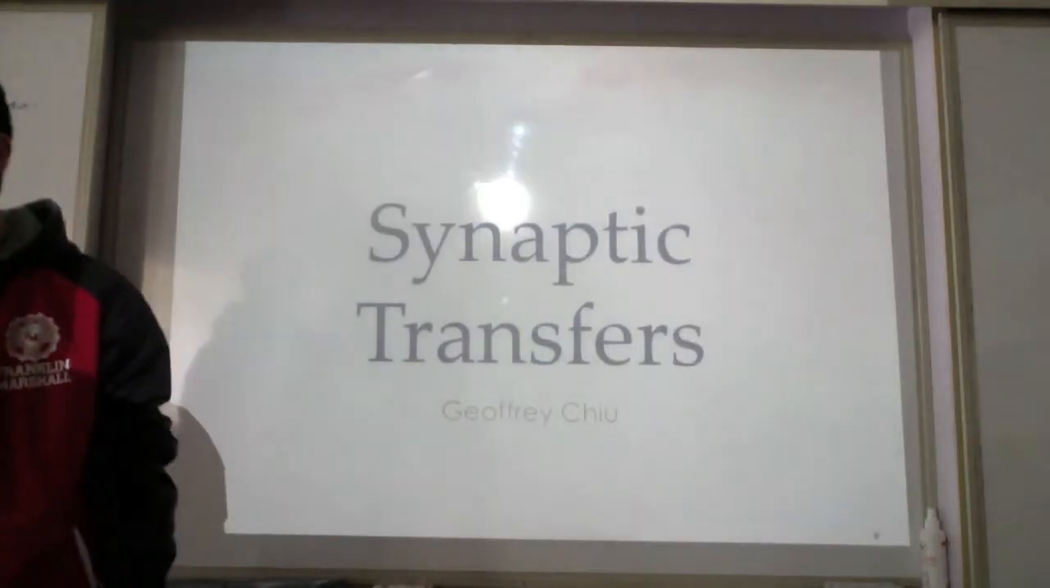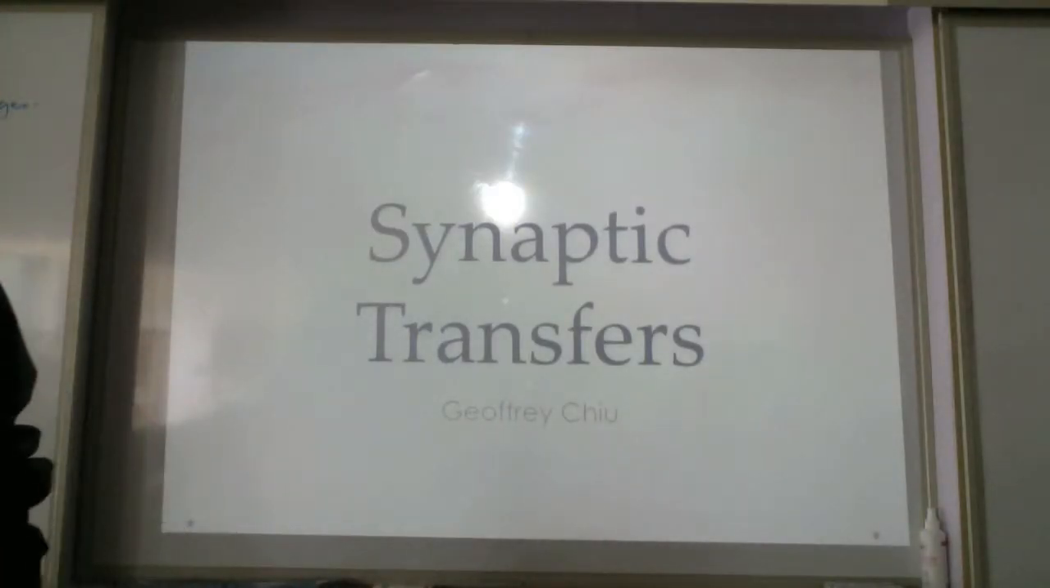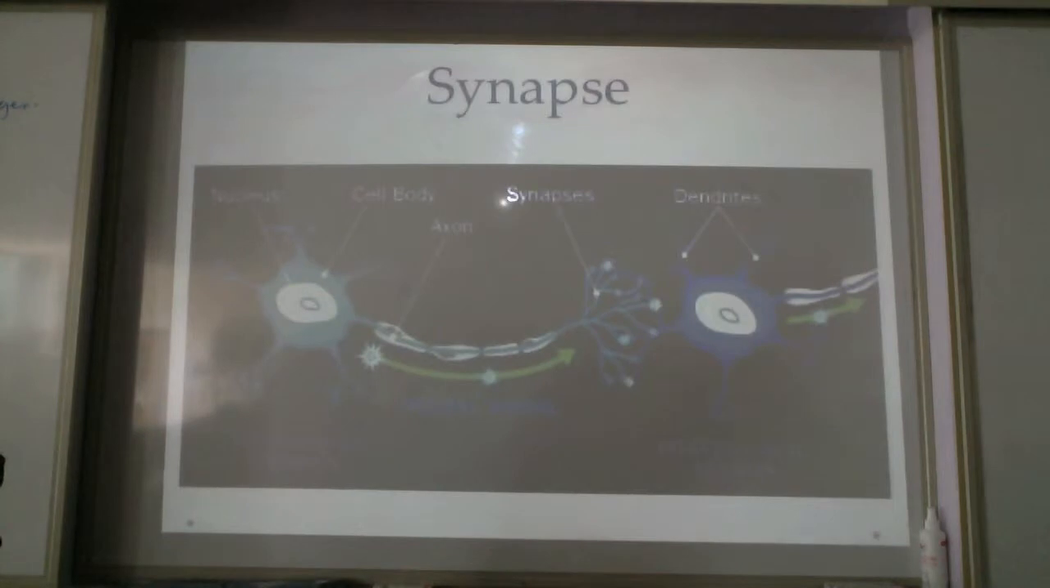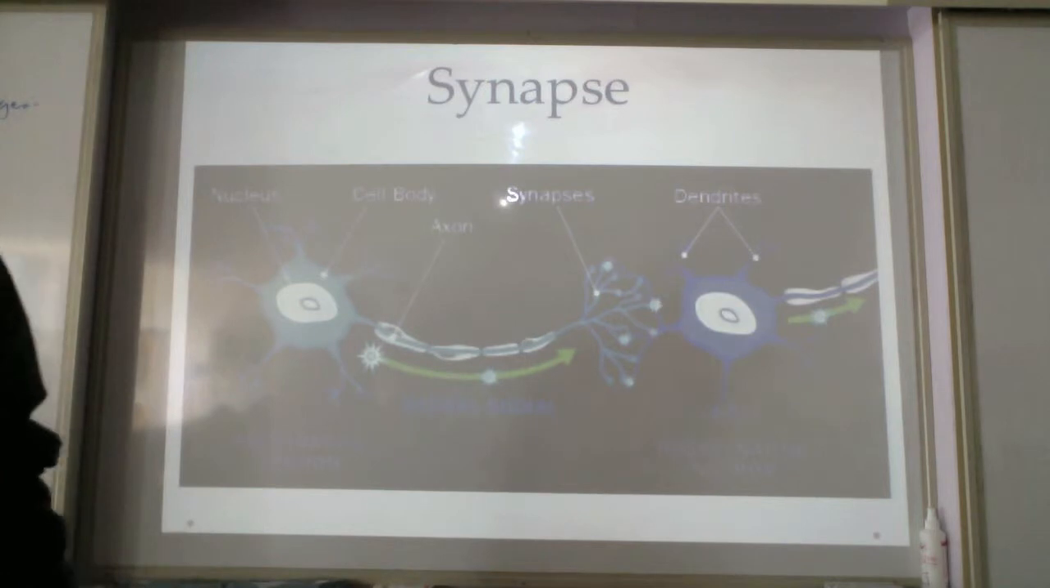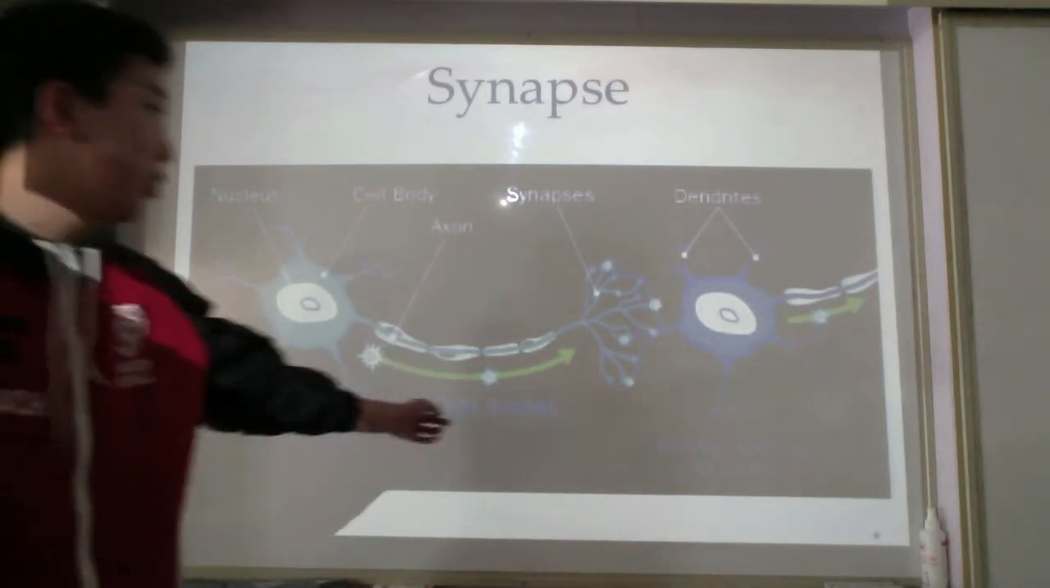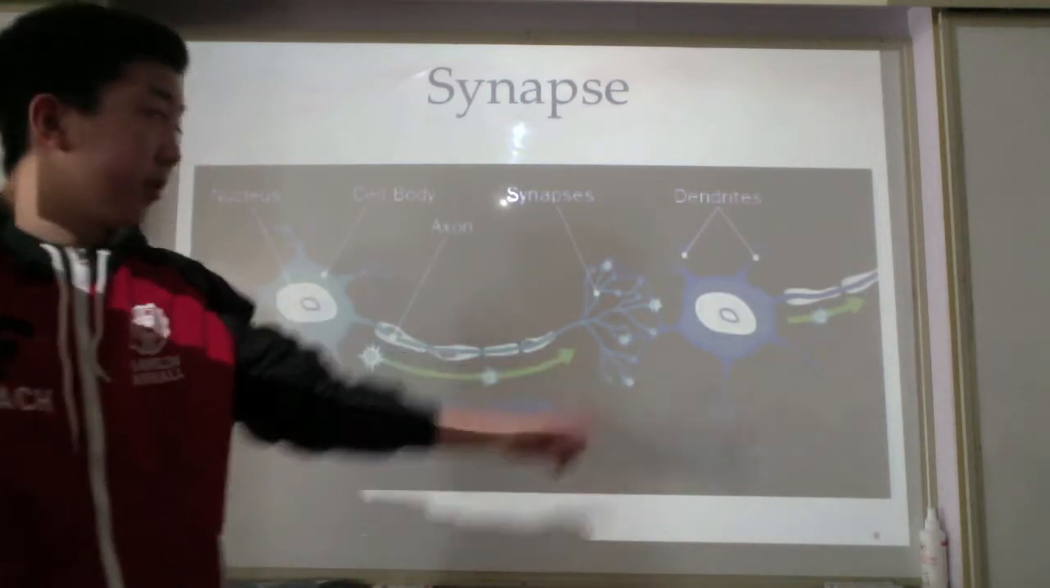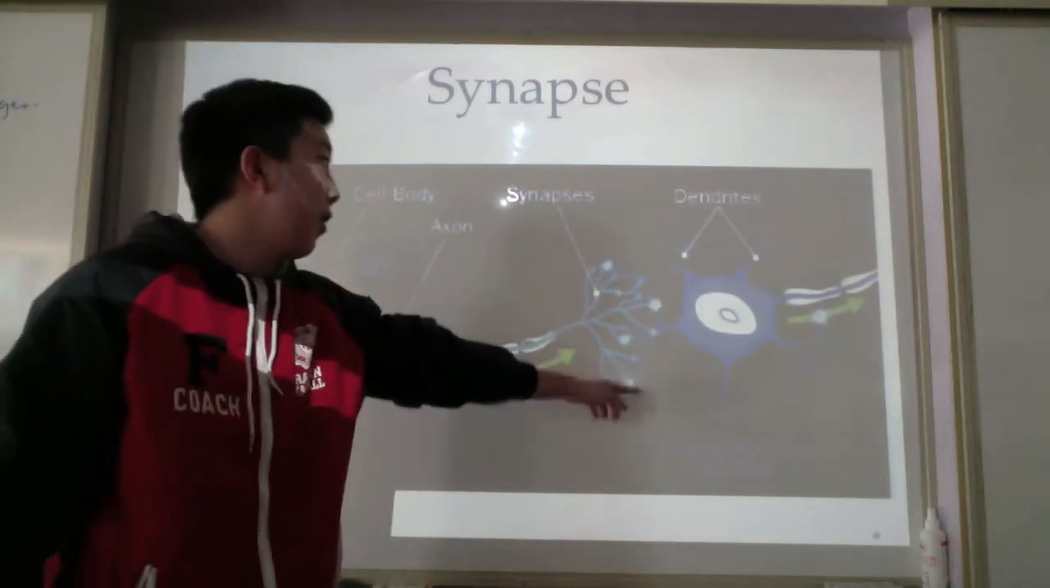Okay, so I'm explaining synaptic transfer. So basically what a synapse is, so here's a nerve cell, and so when the neural signal goes this way down the cell, the signal has to transfer from one nerve cell to the other nerve cell, and it crosses this area called